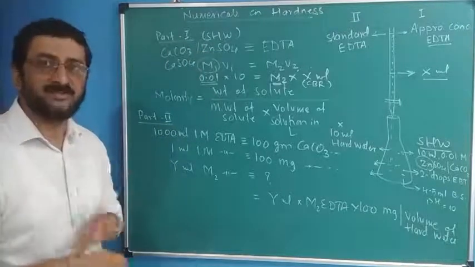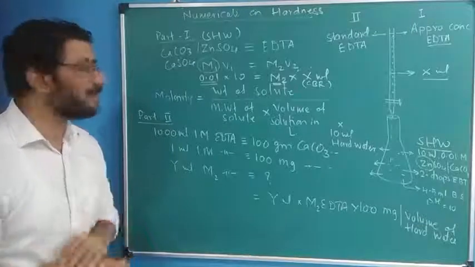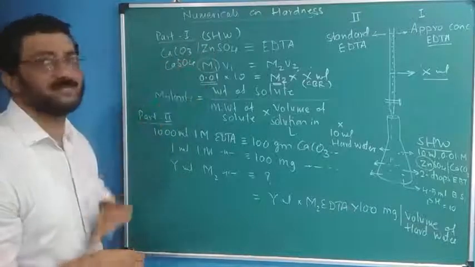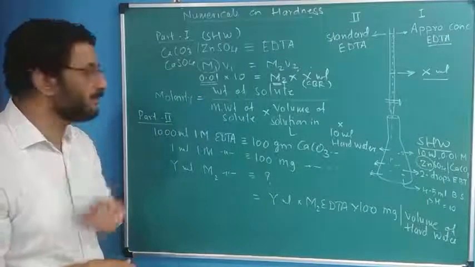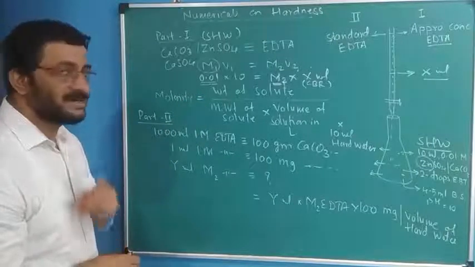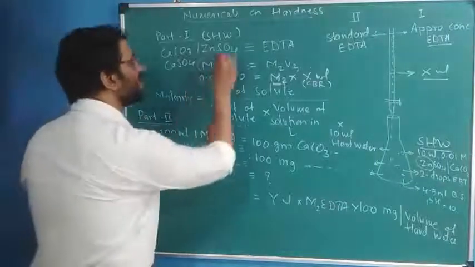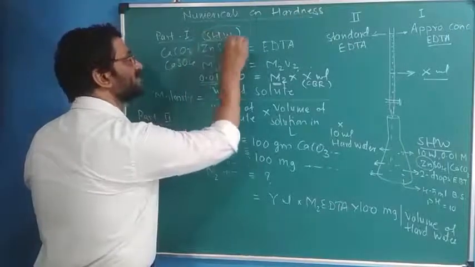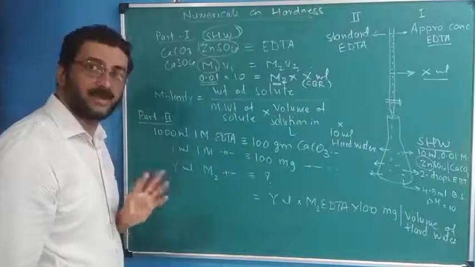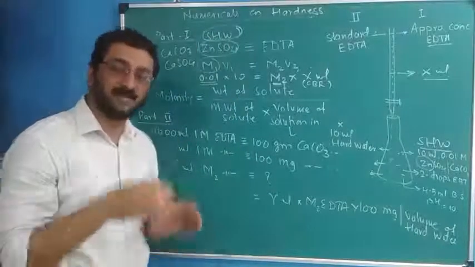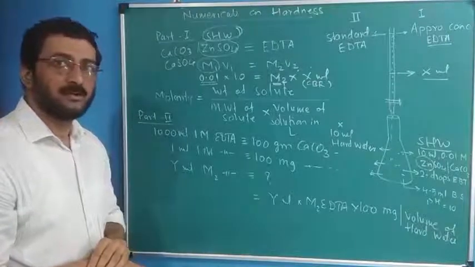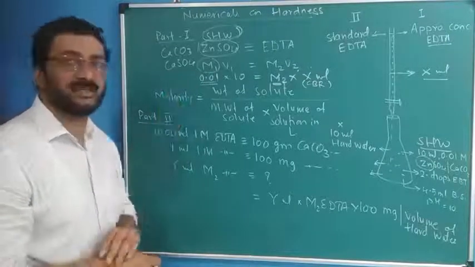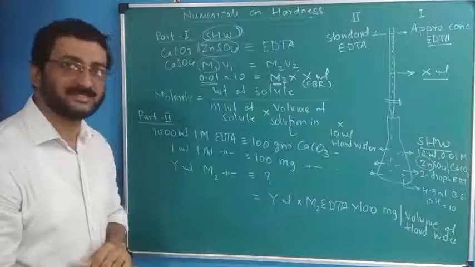If it is not given, suppose the molarity of zinc sulfate or any salt solution they have taken is not given, but they have to give how this zinc sulfate is prepared, how this standard hard water is prepared. Okay, how much solute is added, that much part they have to give. If it is given, okay, but M1 is not straightforwardly given, in that case,